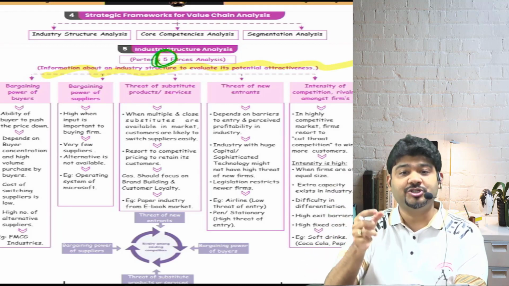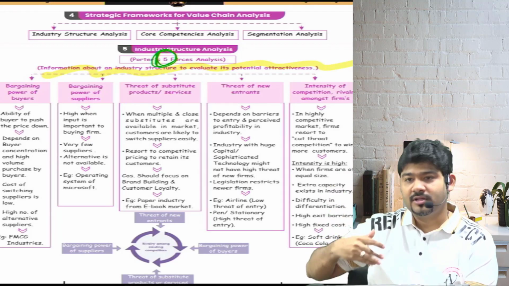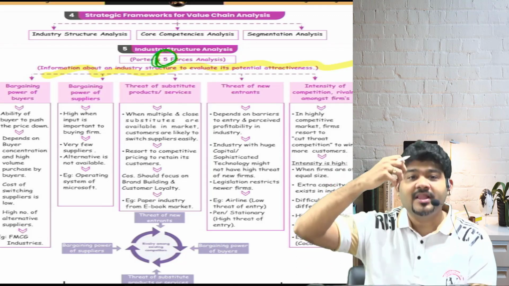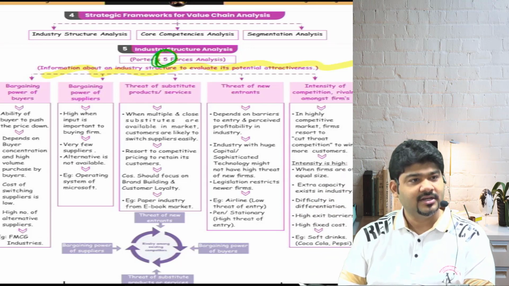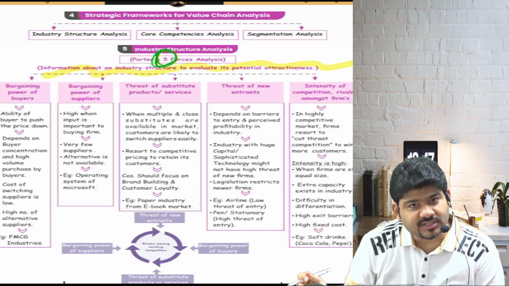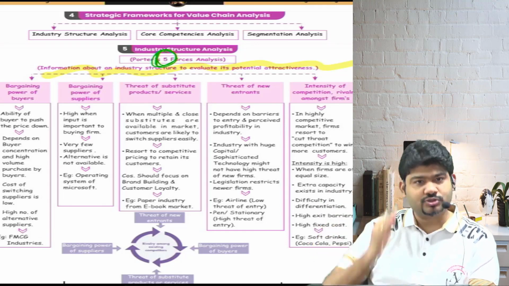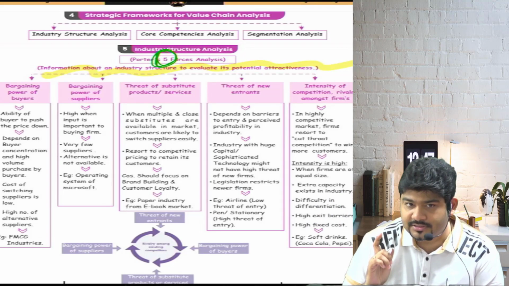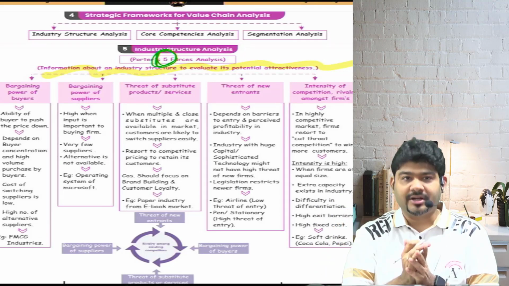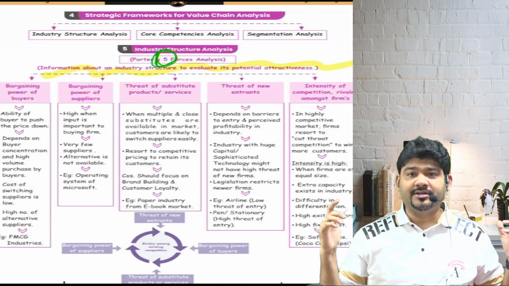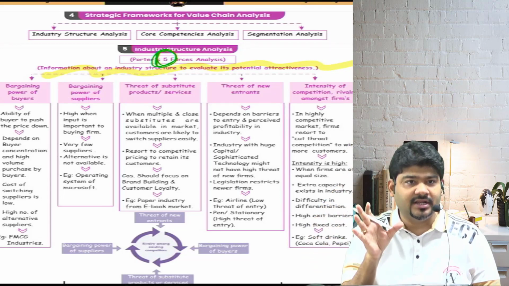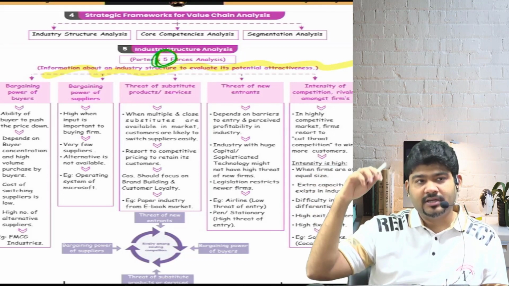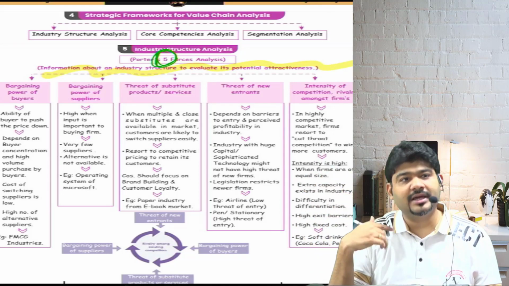What do we mean by potential? It means futuristic. So your futuristic attractiveness of the market is what Porter's five forces analysis assesses. Anybody who wants to enter a new market should do a Porter's five forces analysis. Suppose I want to enter the calculator market and produce calculators. I will check the Porter's five forces analysis. There is a checklist that I will make based on these things, I'll see whether it is feasible or not, and then I will take my decision.